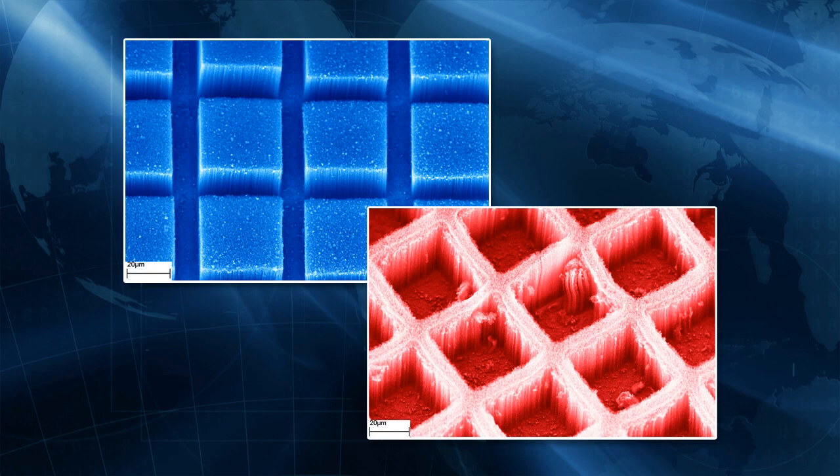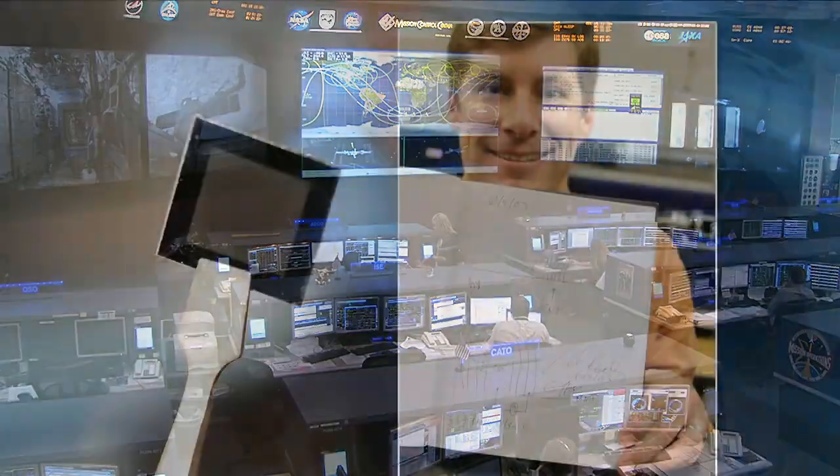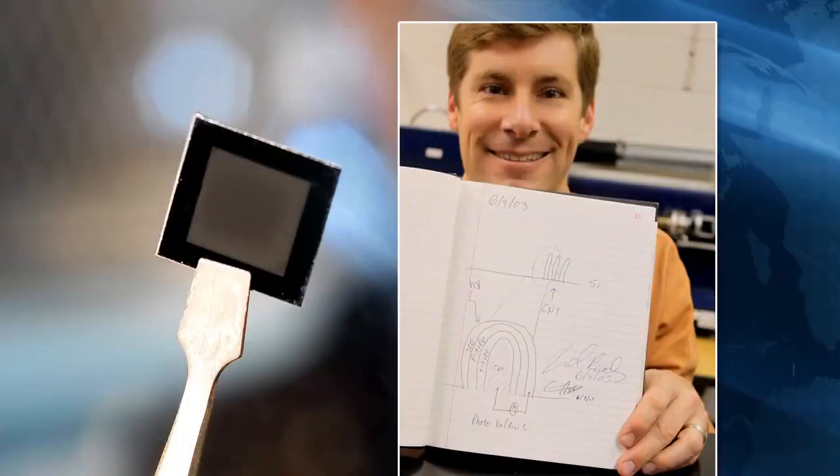Okay. And so you mentioned that they're three-dimensional. I'm guessing that the cells we're using in most applications here on the ground and in space right now are two-dimensional type cells. That's correct. They're planar. Before we developed this technology back in the early 2000s, there was no way to texture what are known as thin film